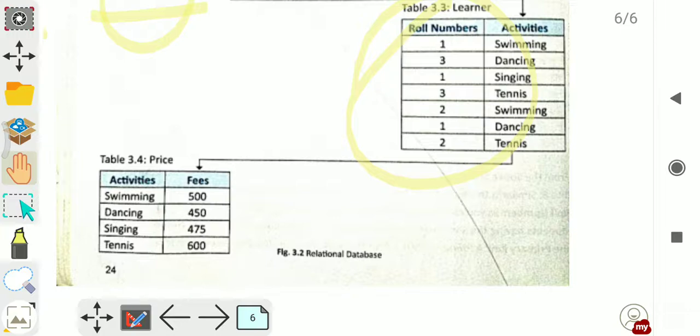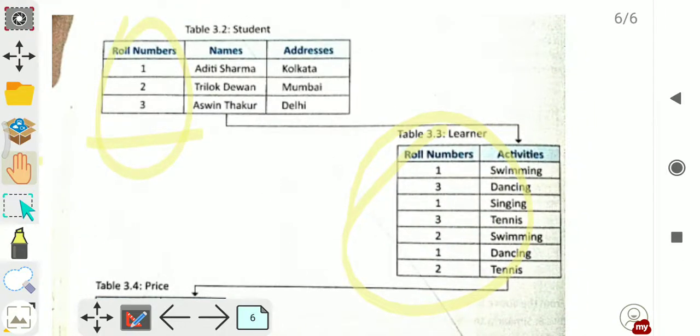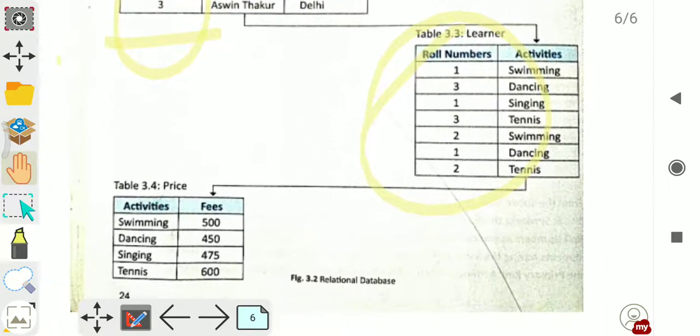Now we can see that these two tables are connected with the common field, roll number, and here by the activities, fees, right? Here the price fees has been given. Each activity is connected with fees, right? And here activity is a common field.